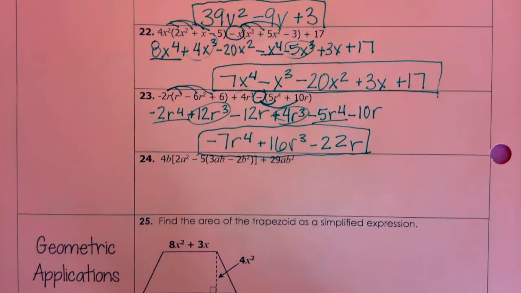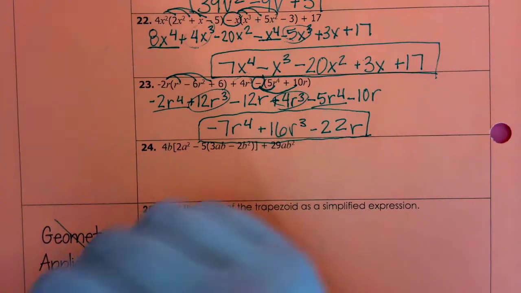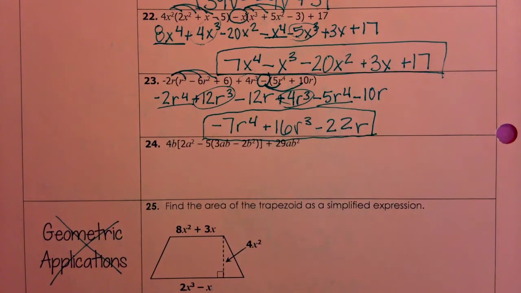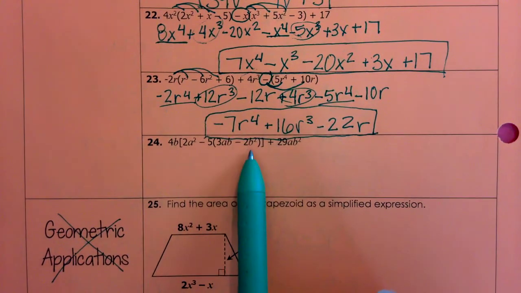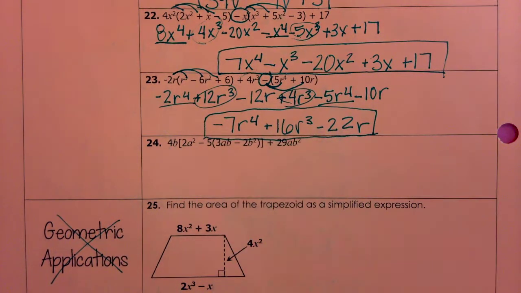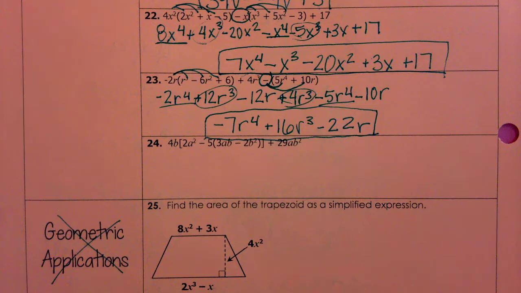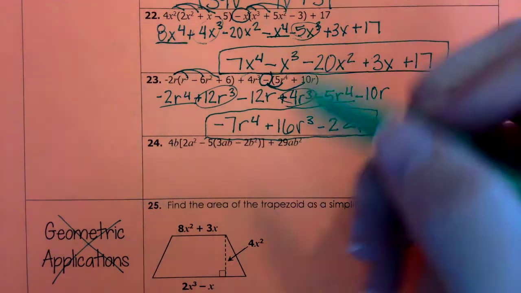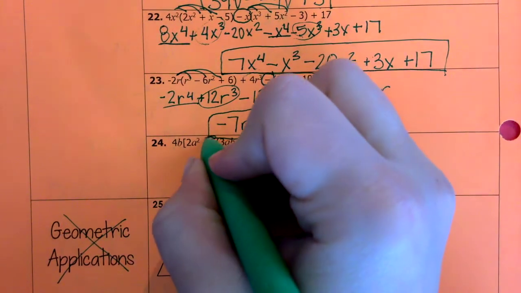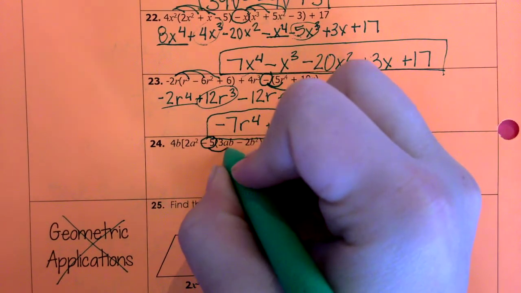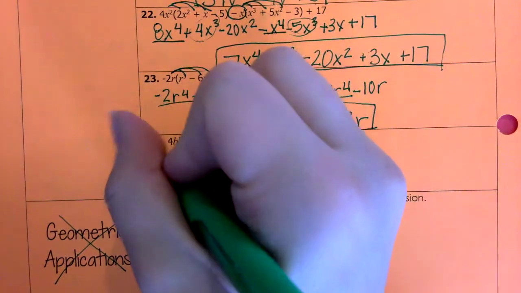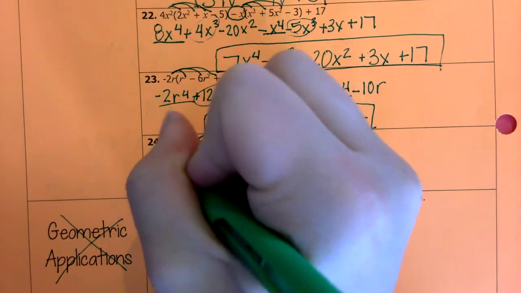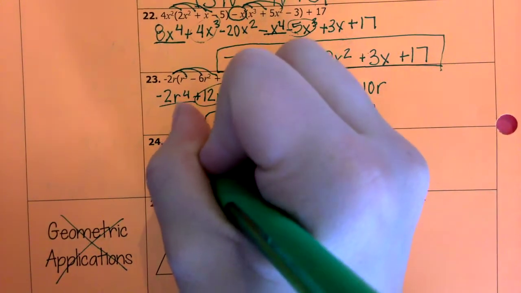And so this challenge question would be number 24, because we're going to skip geometric applications today. So on 24, I see I have square parentheses and I have those round curved parentheses. Well, what that means is I have parentheses inside parentheses. So I have distributing before I can even move on to distribute that 4b. Well, what this means here is I have this negative 5 that I need to distribute to this 3ab and this b squared. So I'm going to have then, that's going to leave me with 4b times, inside my parentheses,